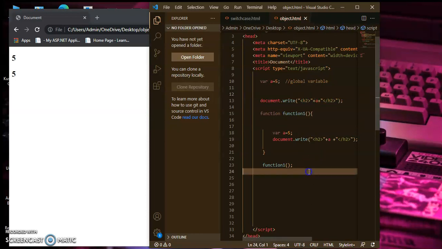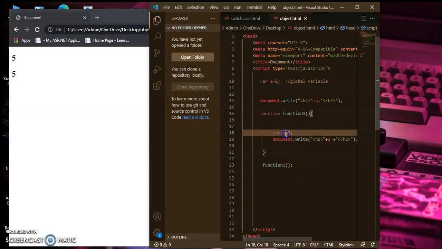So guys, here is the completion of this video tutorial, and you now know very well about the local variable and the global variable. Whatever is in the function is called a local variable. Outside of the function and inside of the script is called a global variable. And a global variable's value you can use inside of the function. Like,